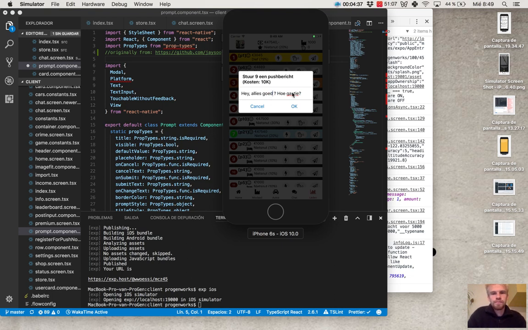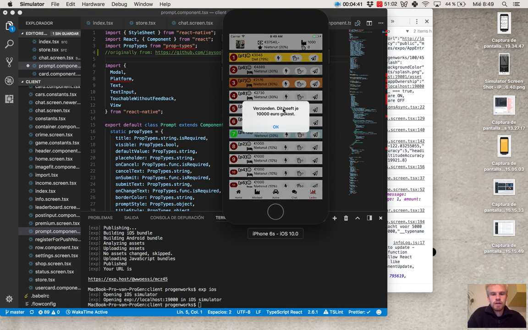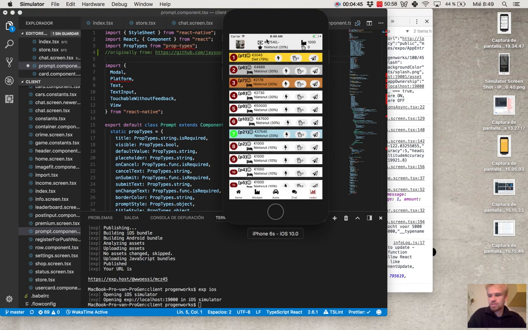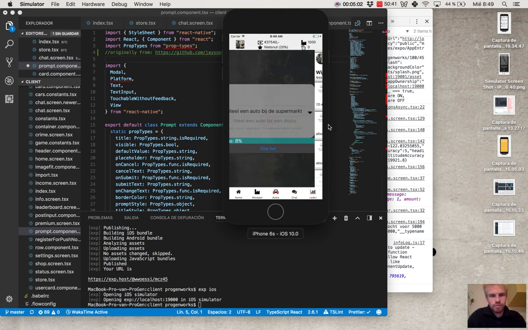So yeah, if you press OK, it will say it's sent. It cost you 10,000. As you can see, 10,000 just got removed. And I get a push notification on my phone because that's me. Isn't that awesome? It instantly sends a push notification to someone for money. That's kind of the power of things you can do with GraphQL